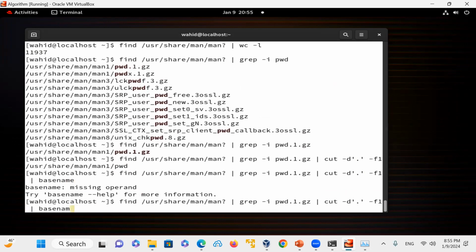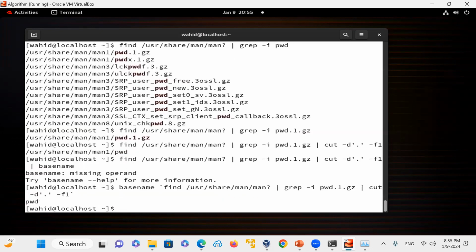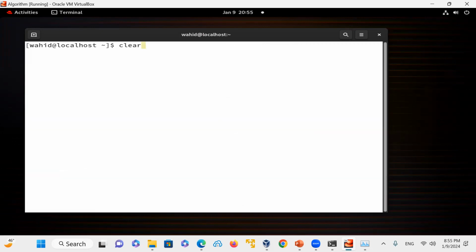Base name has to be before that one. So let's say base name of that command, and something like this. Let's see if we get the base name. It's PWD right there. So I could just say, and instead of that, I could say